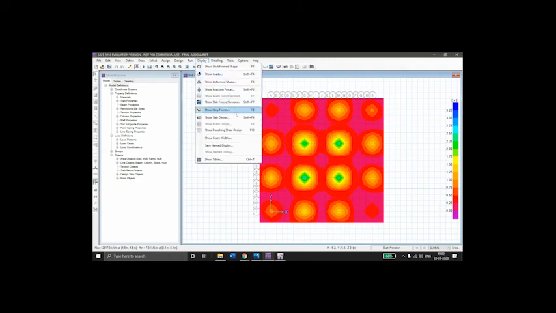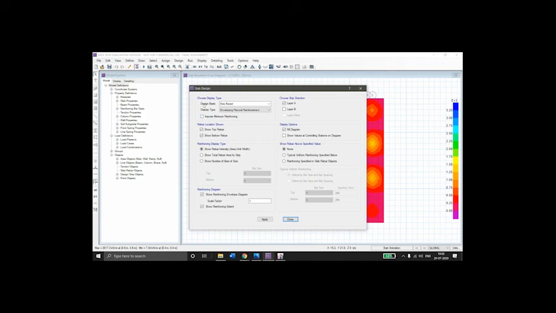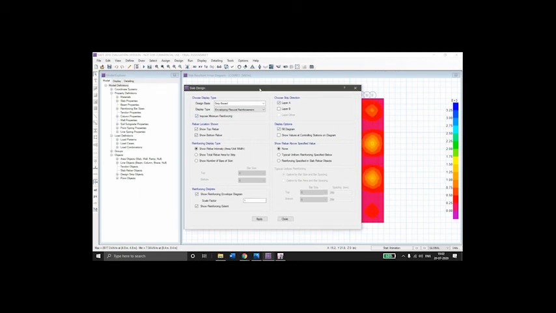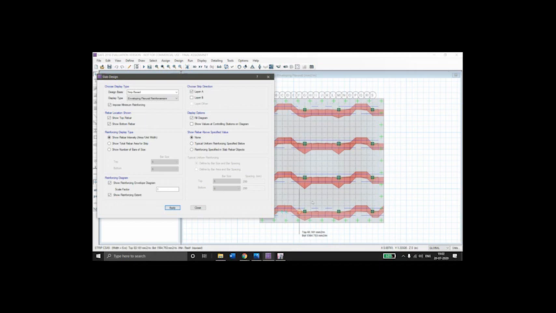Then for the slab design, click on impose minimum reinforcement. To see the reinforcement in layer A, make sure the layer A option is selected, click on apply.